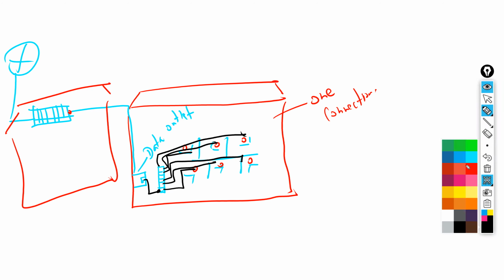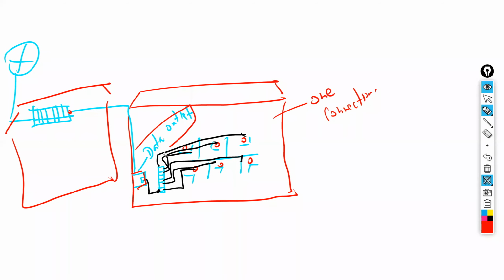What is the advantage of this? But we have only one data outlet. Why? What we do is we get that one data outlet, one data point, and put it as an uplink here. Uplink means the connection coming from outside a switch. And if you are connecting the uplink to this hub,